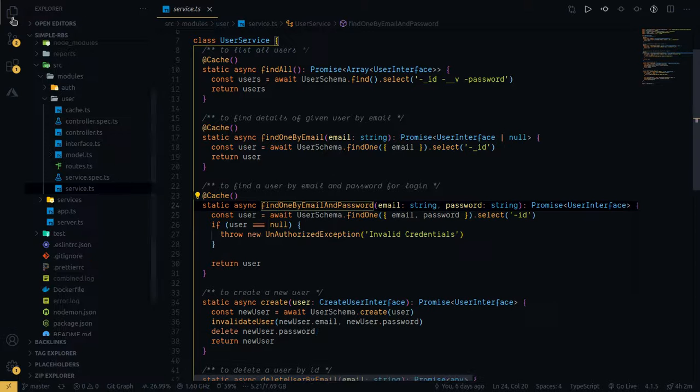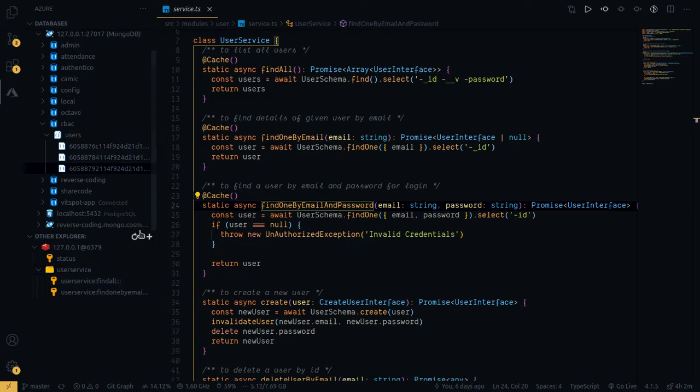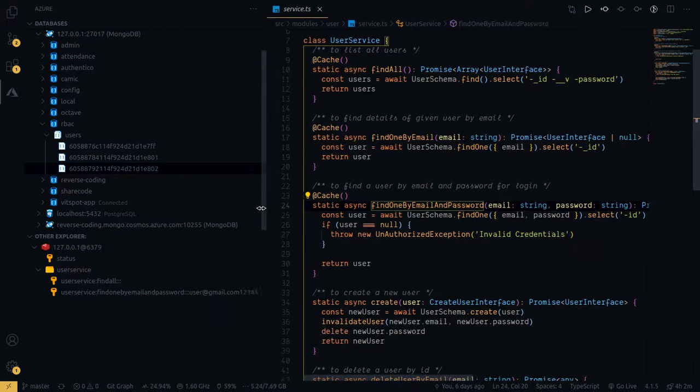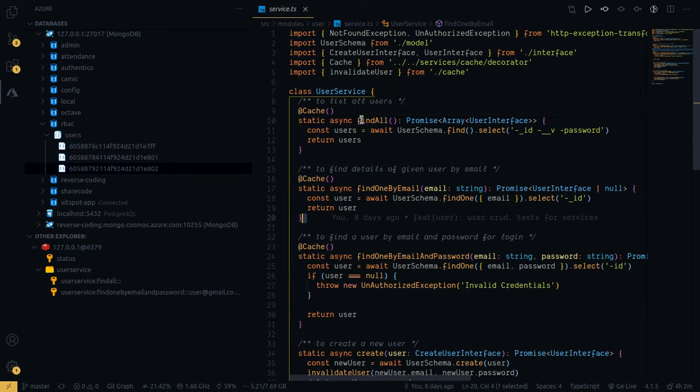And things would start to make sense if you check out the detailed video about caches, or you can also relate to some things happening over here. If you check out the names of the indexes, they are userservice.findAll, which corresponds to this userservice.findAll. So what this decorator is doing is it analyzes this function, and then it generates a unique signature for it. That's class name and function name, and then it saves it as an index.